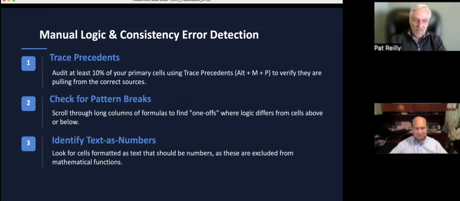Okay, so the last part of this is kind of manual logic. This starts with finding out where things came from. This is how you do it: you hit your Alt and the equals key combination, and it will show you the sources. It will actually trace the sources. So you can do it that way,